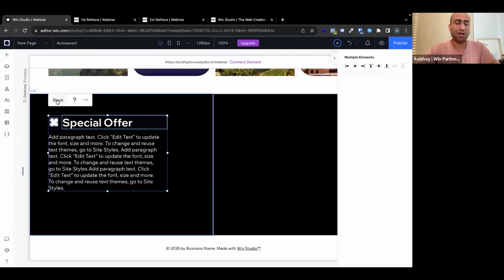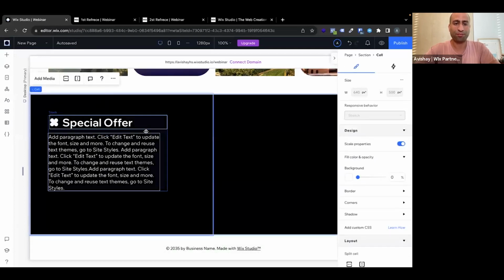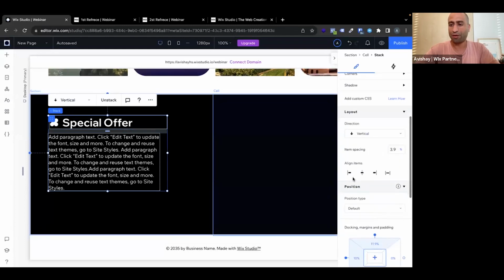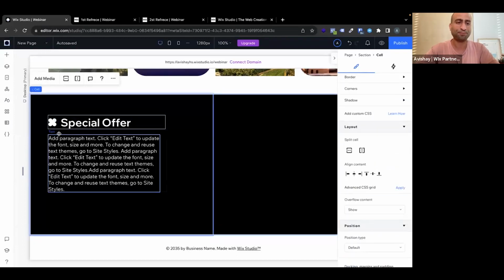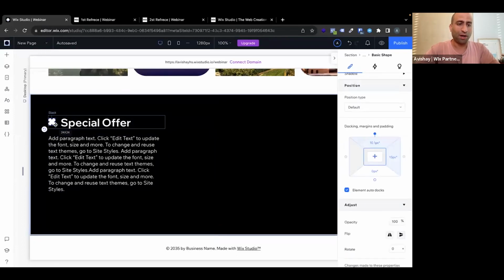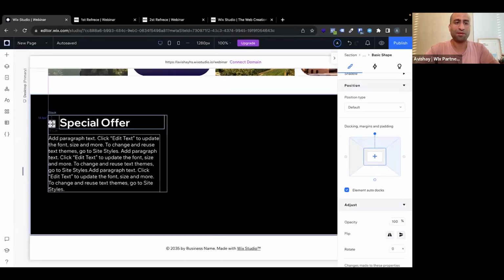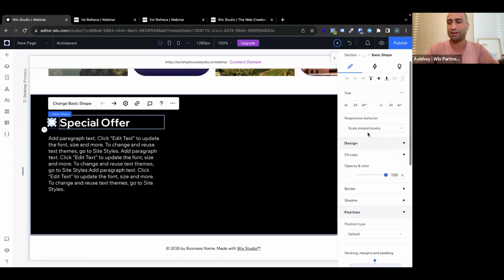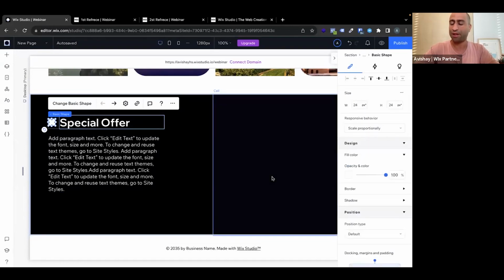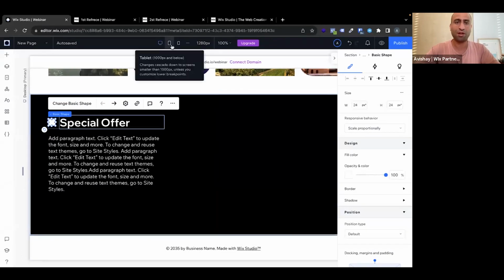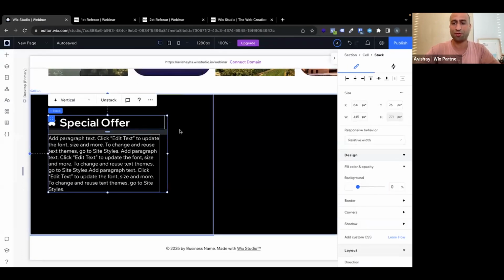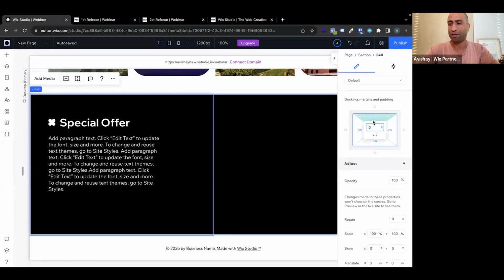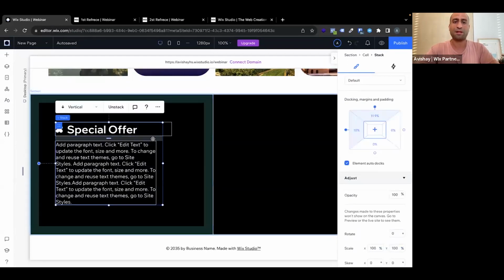set another stack with the paragraph. I will align all the items to the left and give a 5% gap between them. So in order for this element to keep its size across all breakpoints, I will need to set it up to fixed. But let's see what happens if I don't do this. You know what, let's first of all, as a best practice, add 5% padding to this cell. Let's align